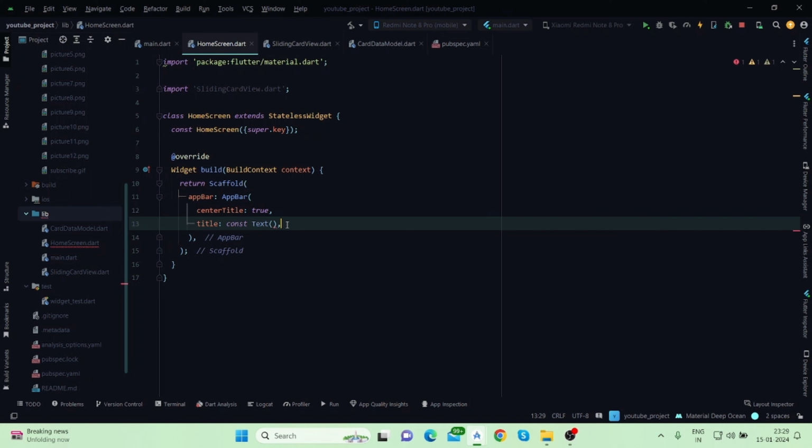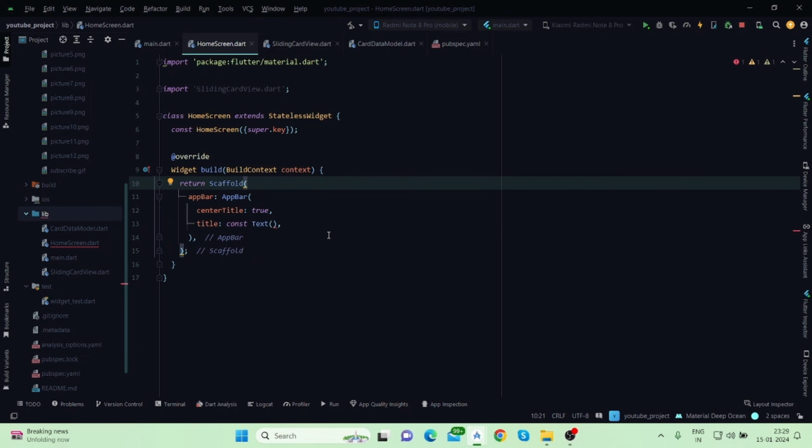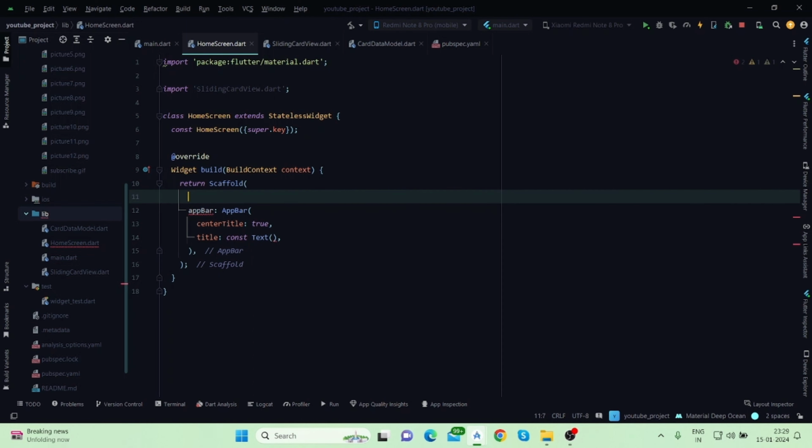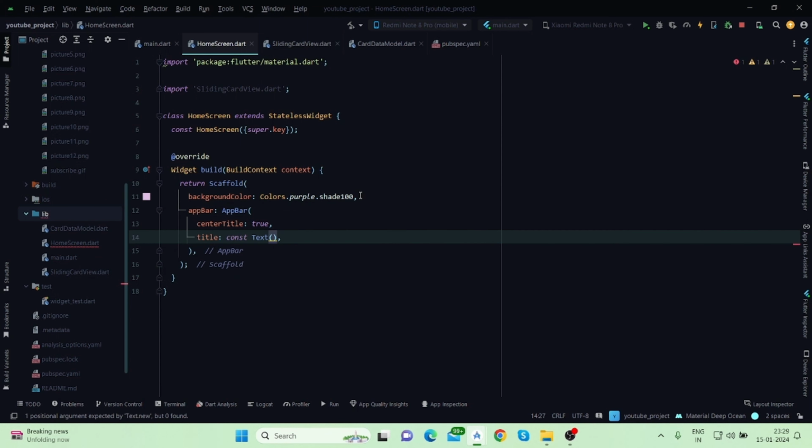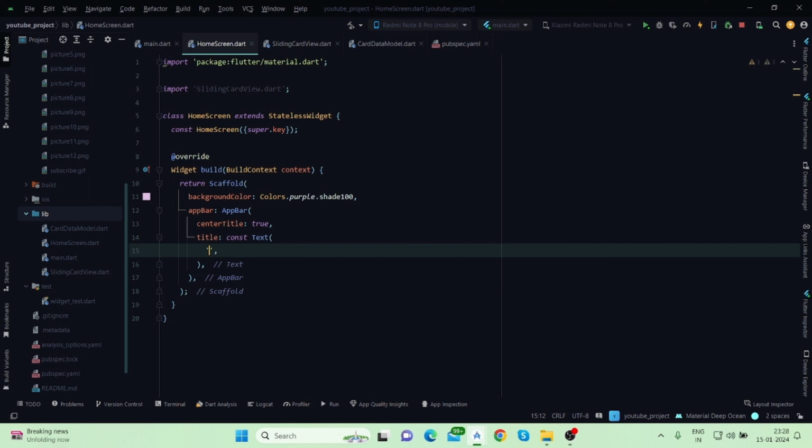I will also provide a background color to this scaffold, and let's take Colors.purple with the shade of 100, and inside the app bar text it is Flutter page view,